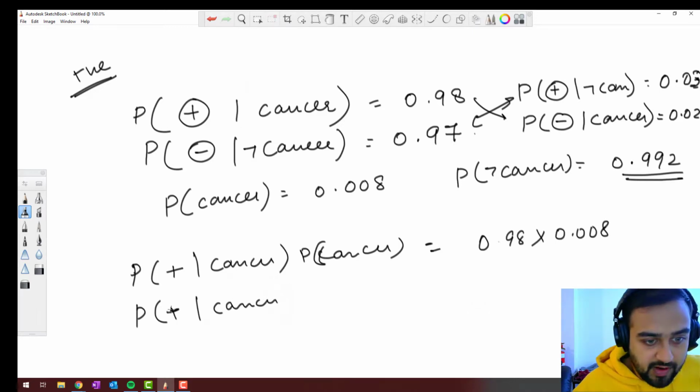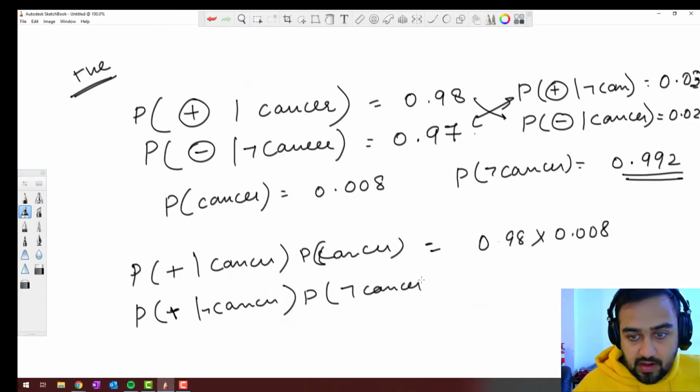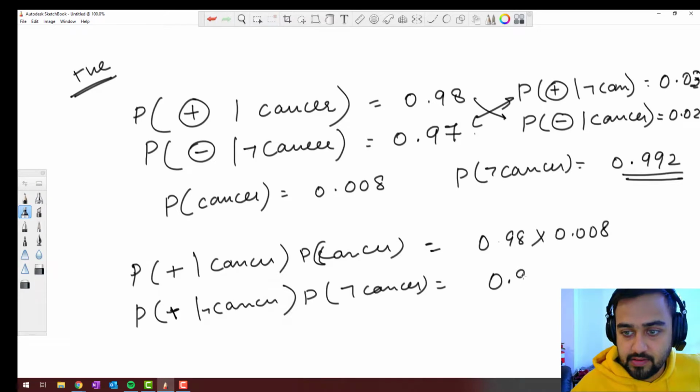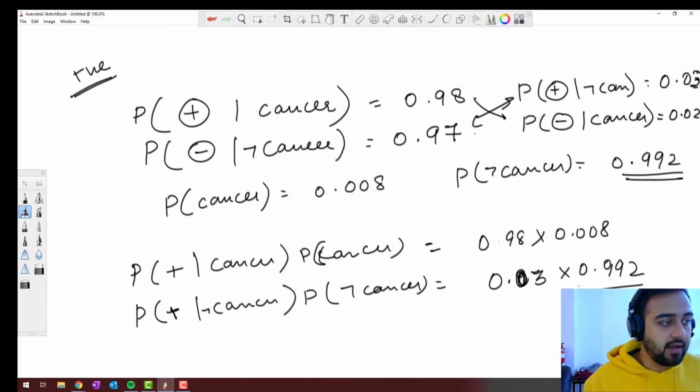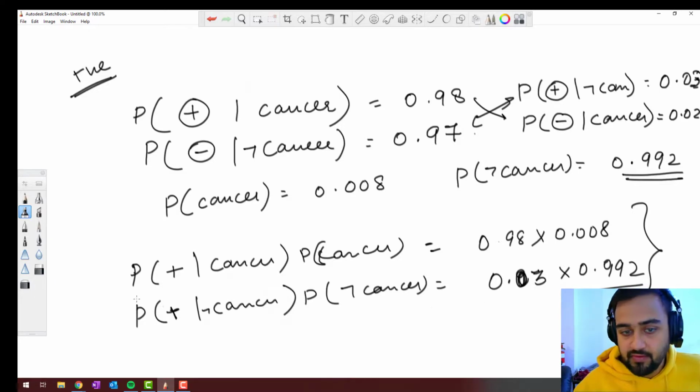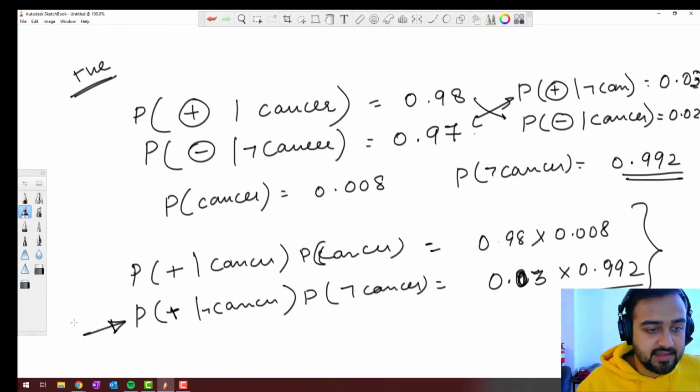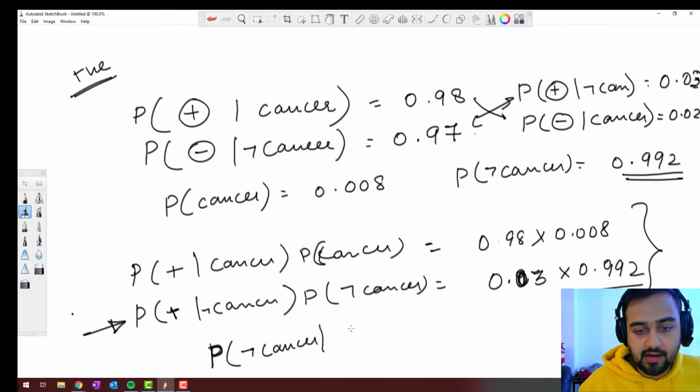You want to find if it has cancer or not, right? For not cancer, this will give us 0.03 into 0.992, right? When we compare these two, we find that this is greater. Therefore, probability of not having cancer given